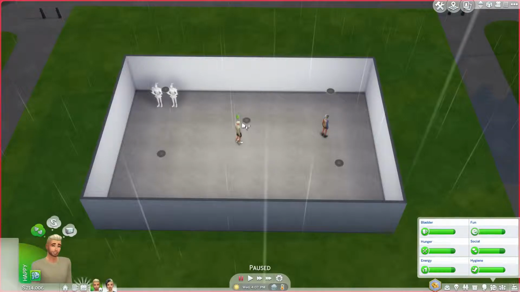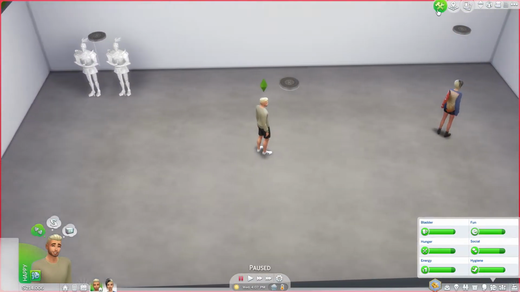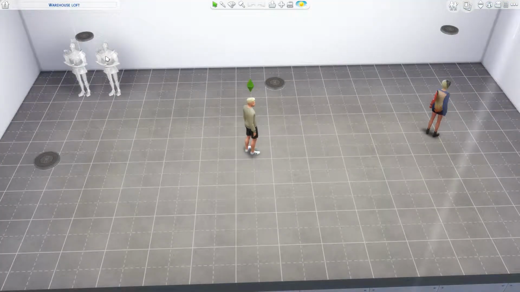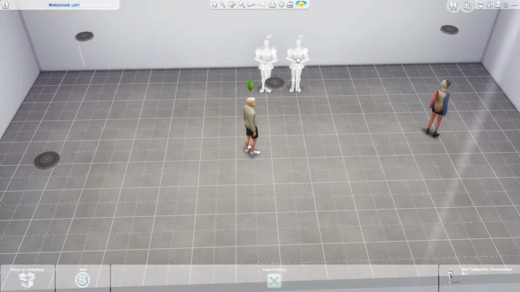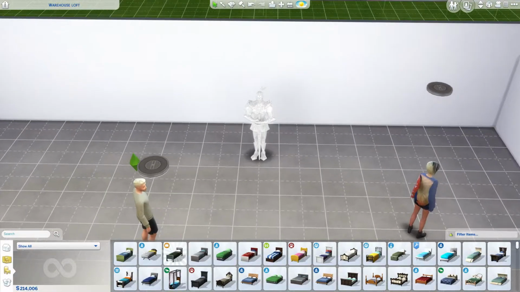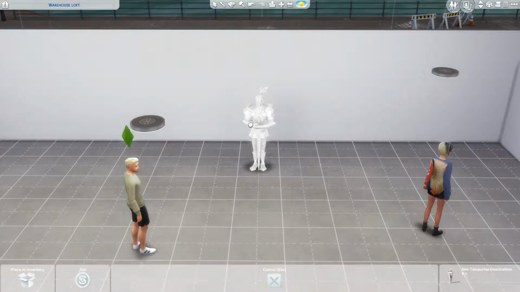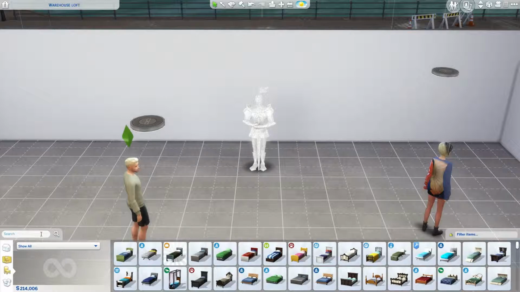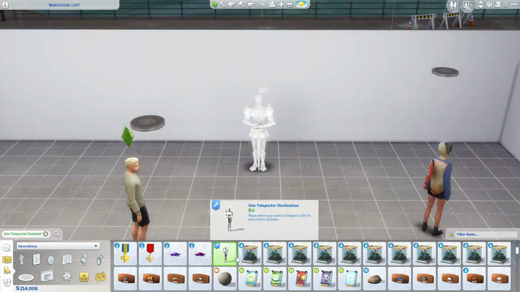So we are in the game, and we are actually going to jump right to it. So I have 2 Sims here. They are very old random Sims. And then I have my 2 objects. These are something that we downloaded in the very beginning. So what you're going to want to do is place them on top of each other for however many Sims you have. And they are in the build catalog. They're called Sim Teleporter Destination. So if you just type in Sim Teleport, and it's right there,